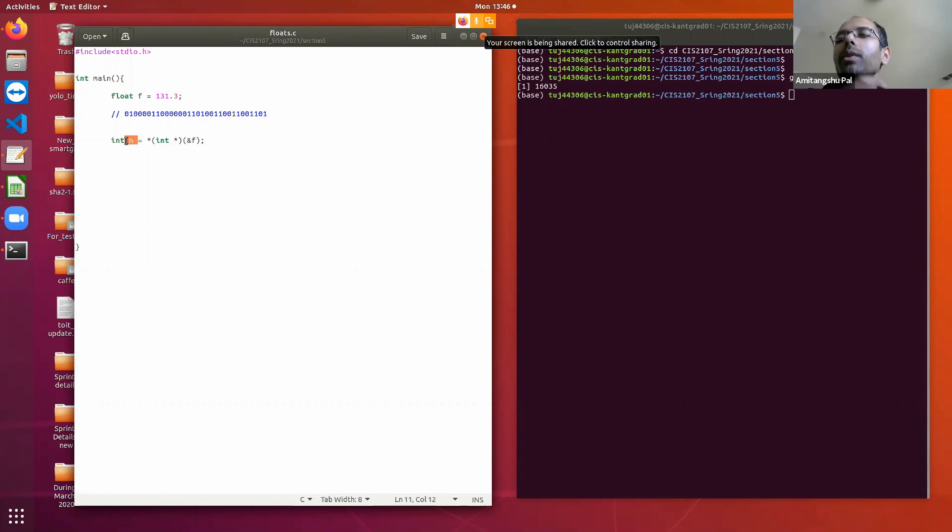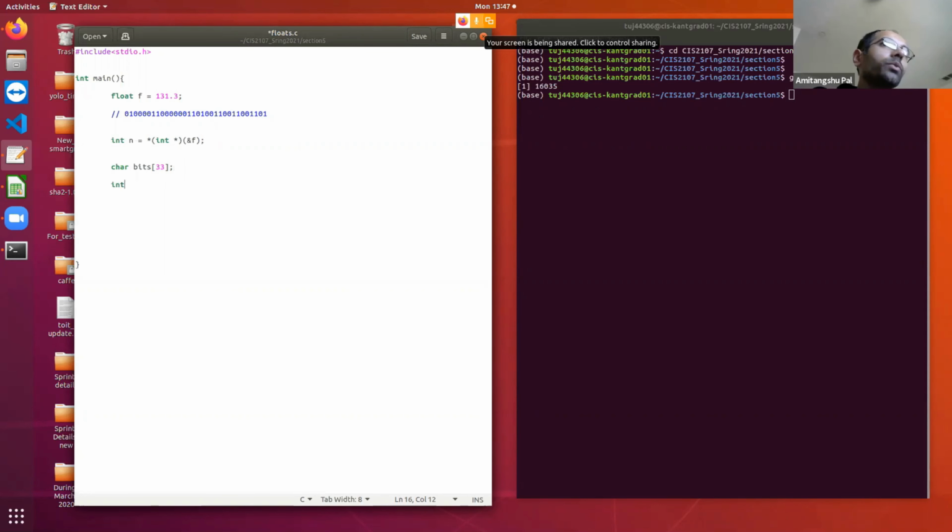And now my next job is basically to convert n from decimal to binary, which I think is pretty simple at this point because we have already known. So let me declare a string of 33 characters. Why 33? Because 32 for storing all these zeros and ones in character format, and one additional character to store the termination character. Because every string is to be terminated with the termination character.